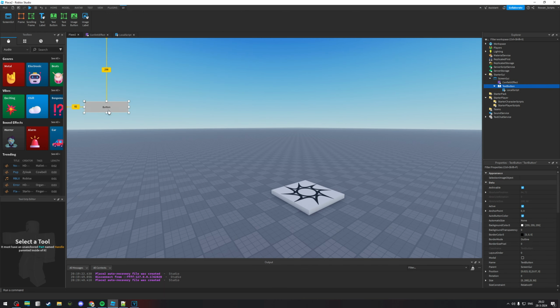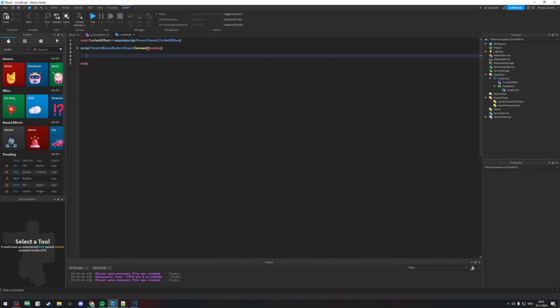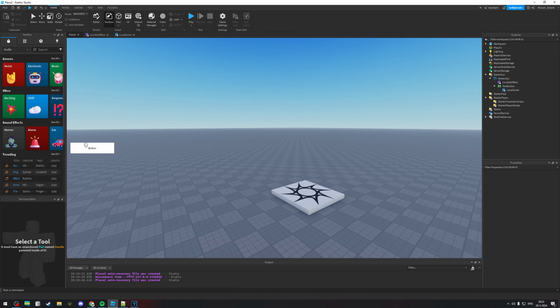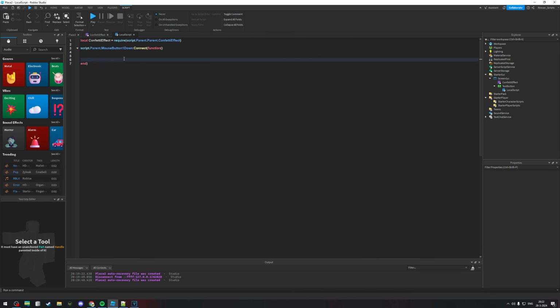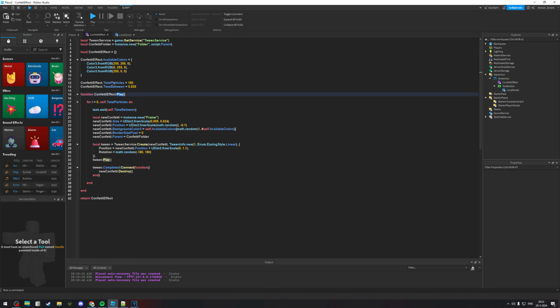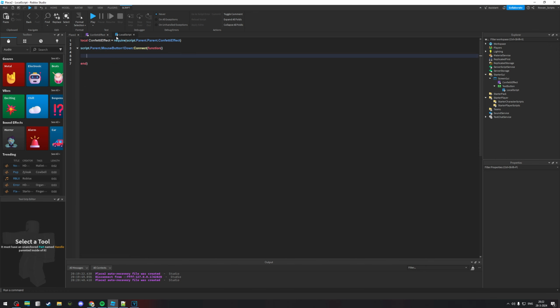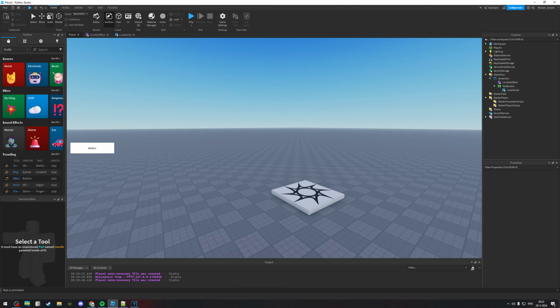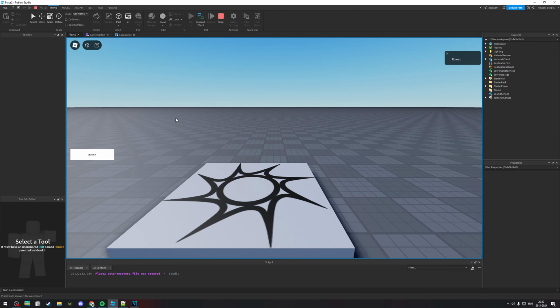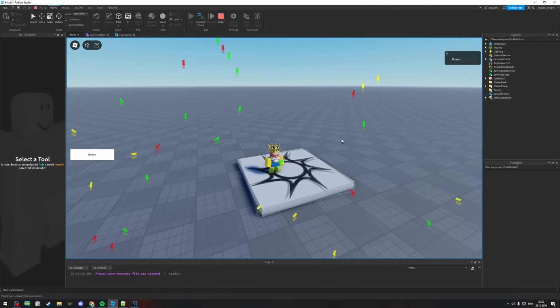I'm actually going to move it down real quick. There we go. So this function will run whenever we click on this button. Alright, now we can call the play method from within this local script. confettiEffect.Play. If I hit play now and click the button, you can see that the confetti effect starts